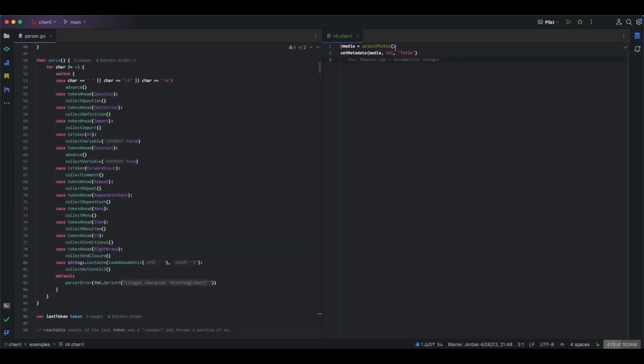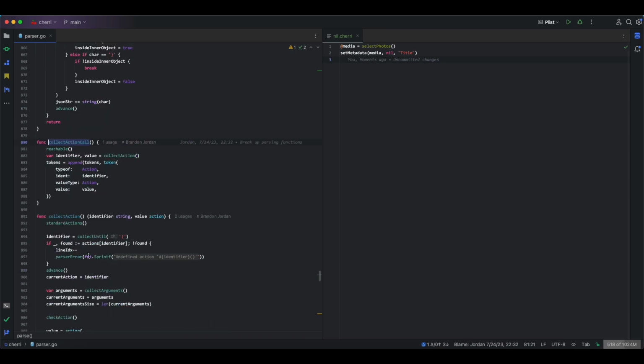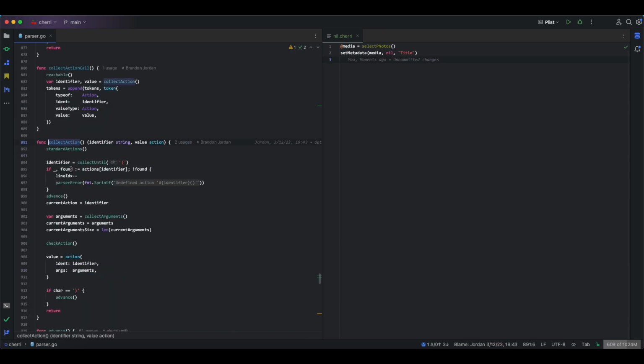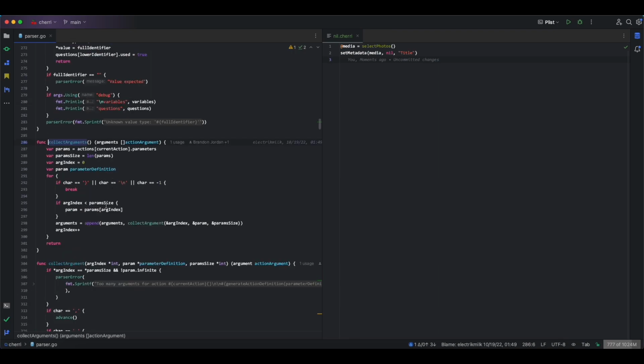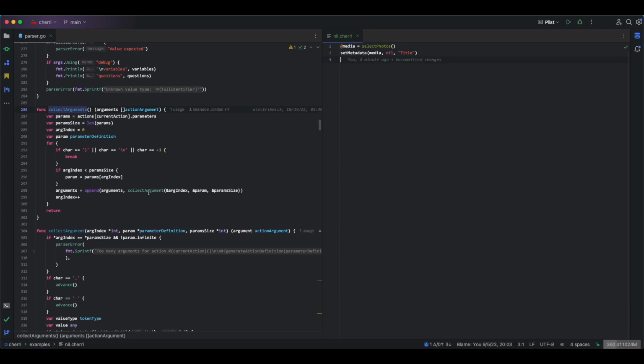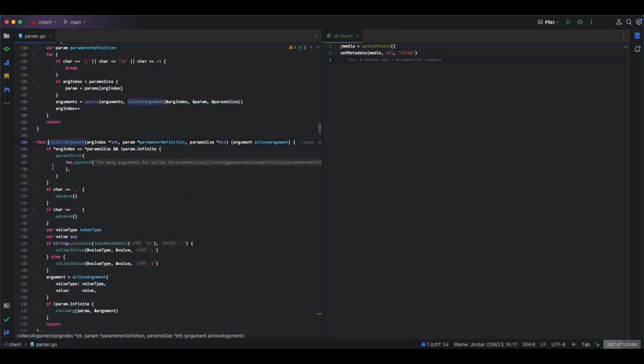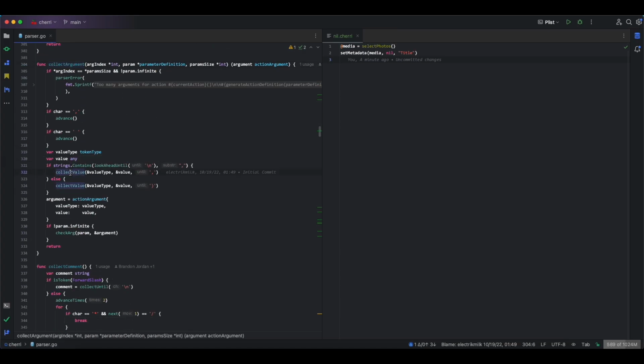We're going to be collecting this variable, collecting this action. We got to collect this action. Collect action call, collect action, standard actions, collect until collect arguments. We're going to collect this variable, which lines up here, and that's why we don't get an error. It's a valid reference. But whenever we go to collect arguments, we collect an argument, which eventually leads to us